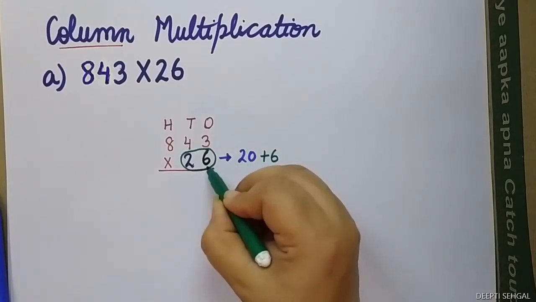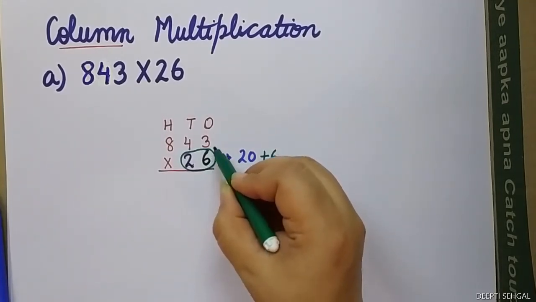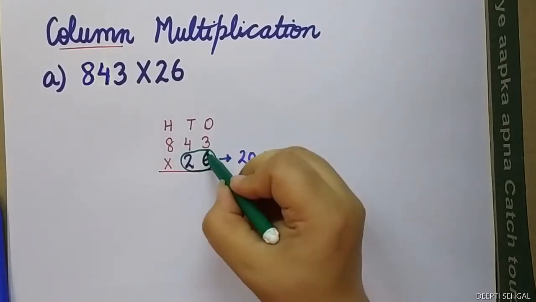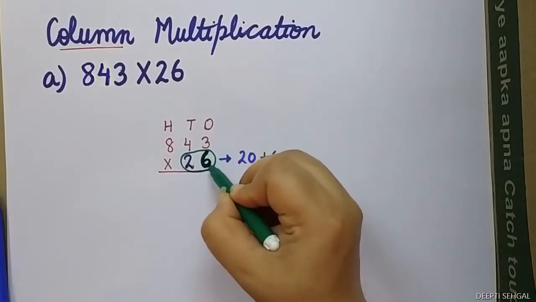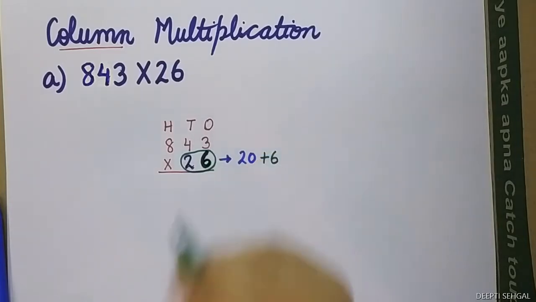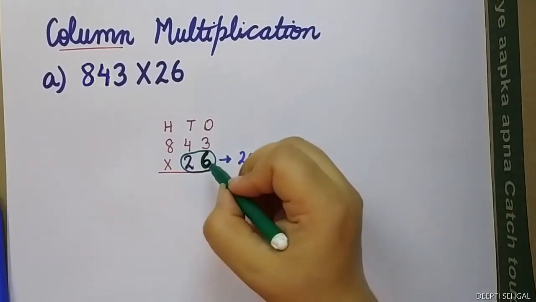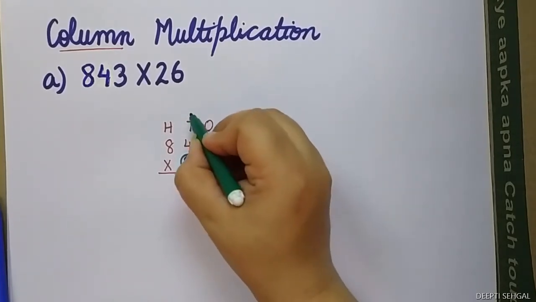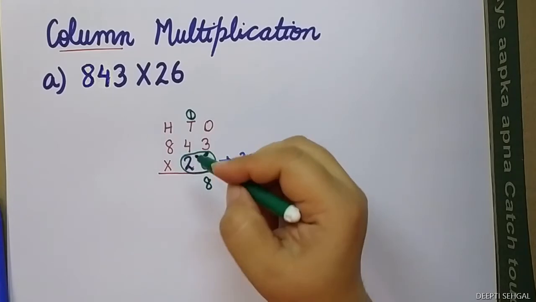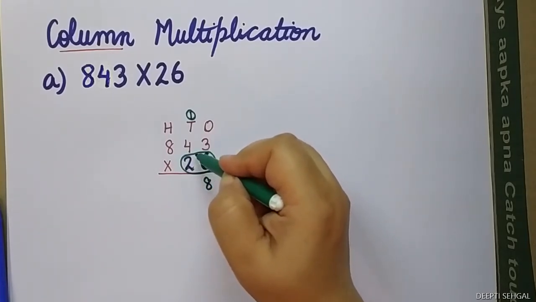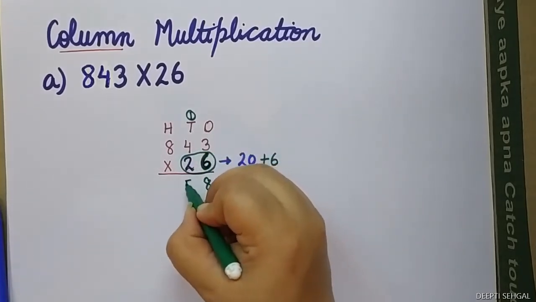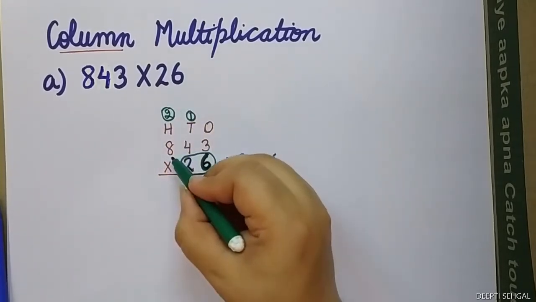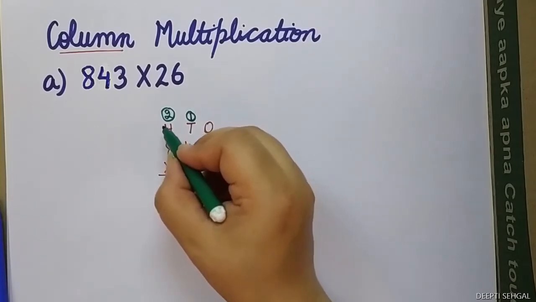So first we have to multiply by 6. Let's start with the ones, please. So what is 6 multiply by 3? Since I have written 6 with green color, I am choosing to use green color to write down the product. 6 multiply by 3 is 18. So 8 here, 1 carry over. 6 multiply by 4, 24. 24 plus 1 is 25. Again 2 carry over. Now 6 multiply by 8 is 48. 48 added to 2 is